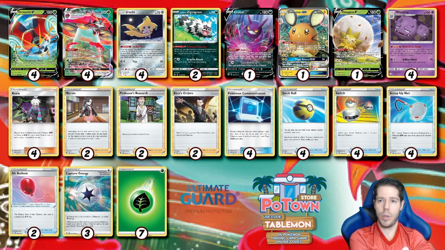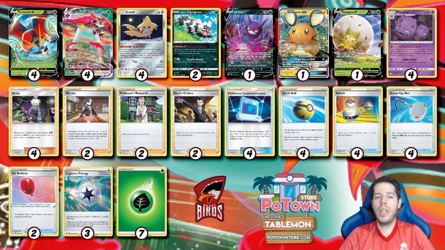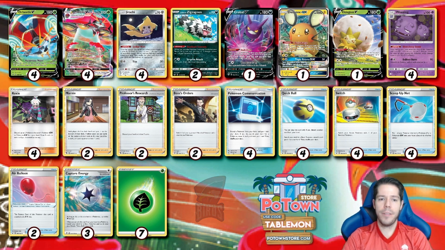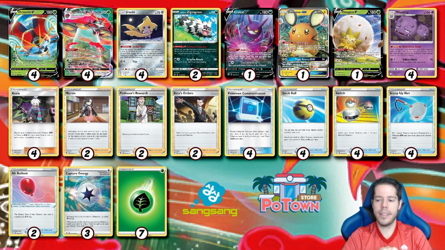That's why we have the max ROXIE and the max Weezing count. This deck is definitely very gimmicky, right? I don't expect it to be the best deck in the format, but I do think it could be an interesting option to play around with. Now we also have 2 Marnies, 2 research, and 2 bosses, so a little bit of variety in the supporter count. Like I said, Malolana is definitely an